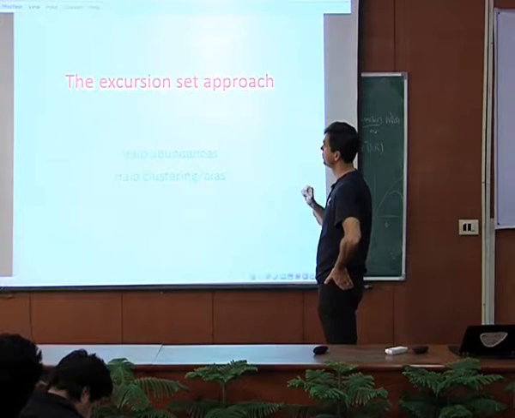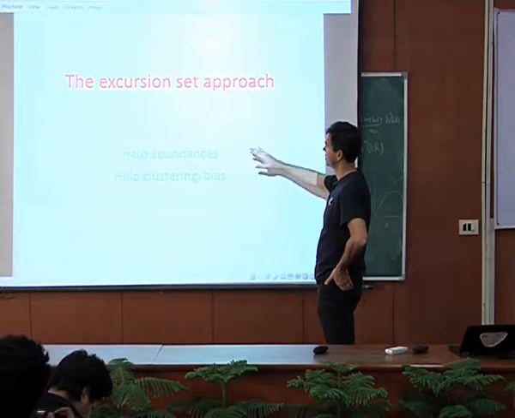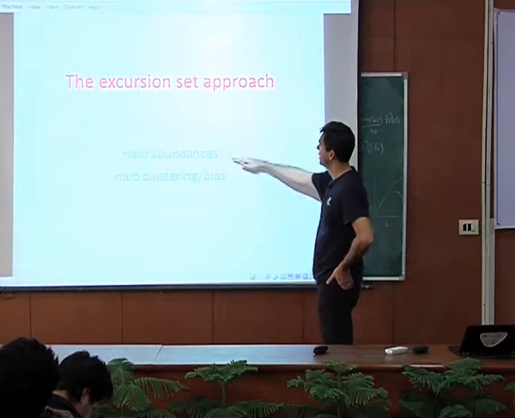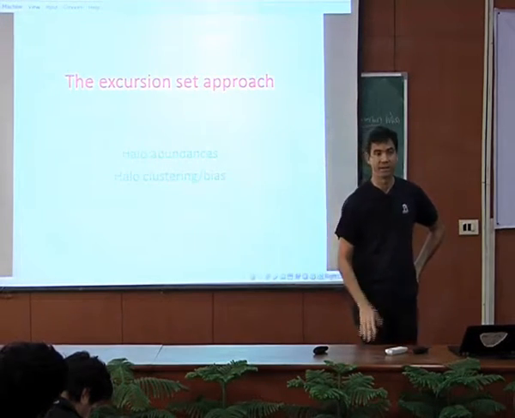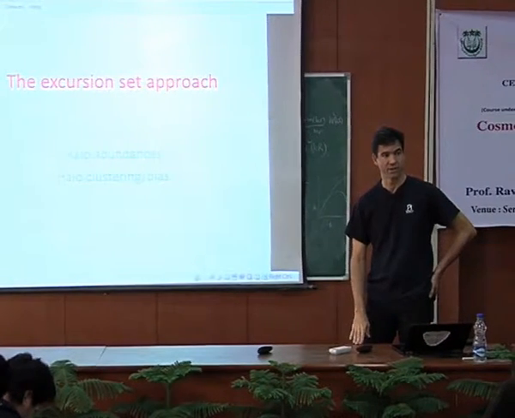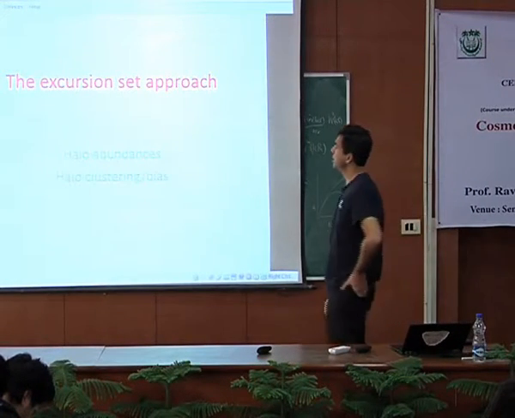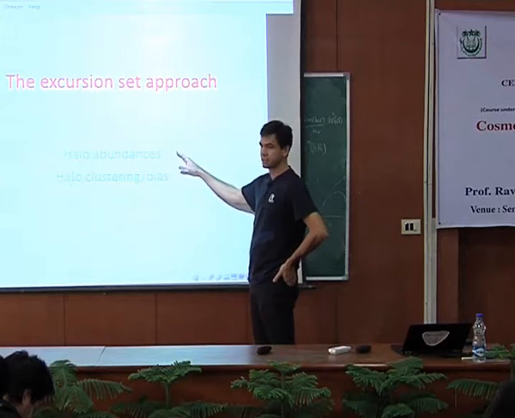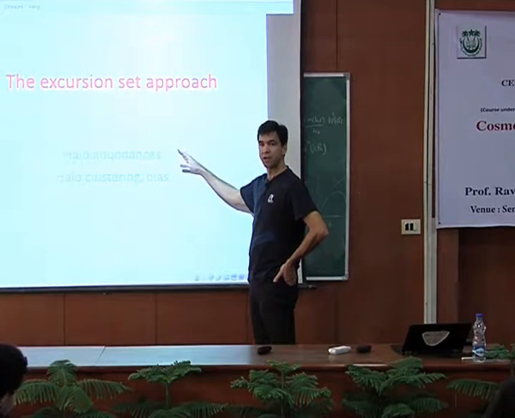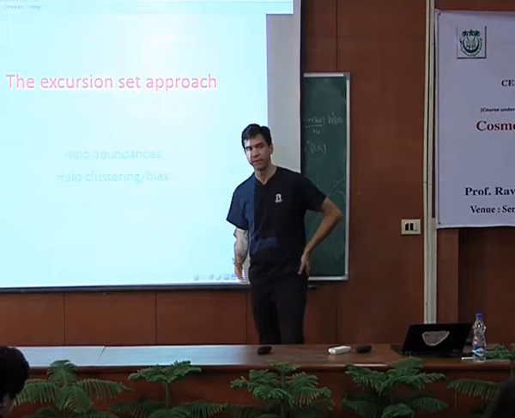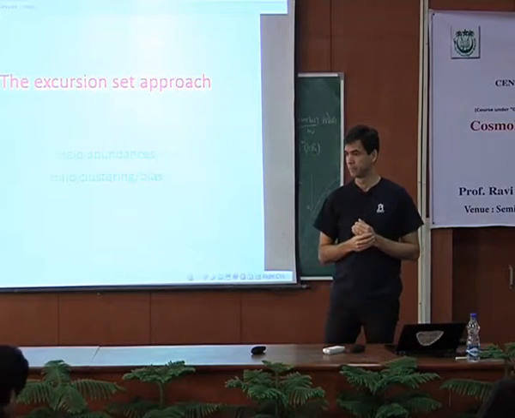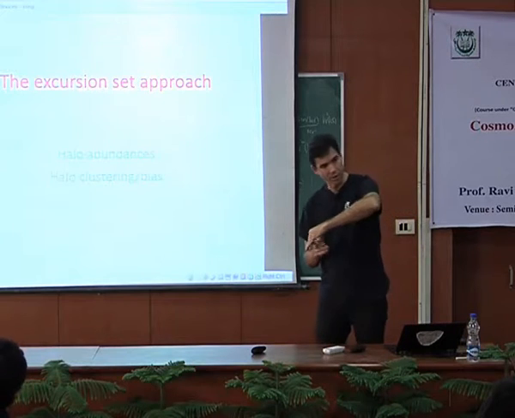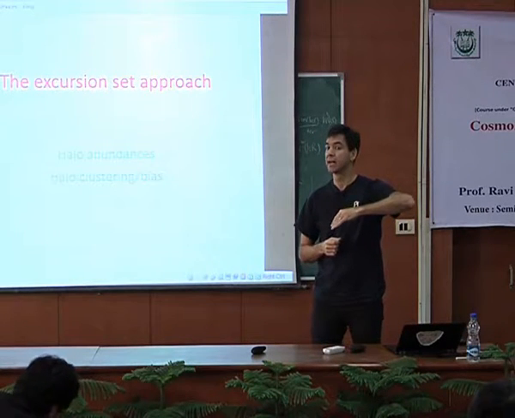Okay, so what we are going to do is we're going to use this approach. I'll describe the approach as we go through to first predict the abundance of halos, the abundance of structures, the mass function of structures, okay? And a byproduct of this is going to be that along with knowing how many massive halos you have and how many low mass halos you have at any given time, so the mass function and how it evolves with time, it will turn out that